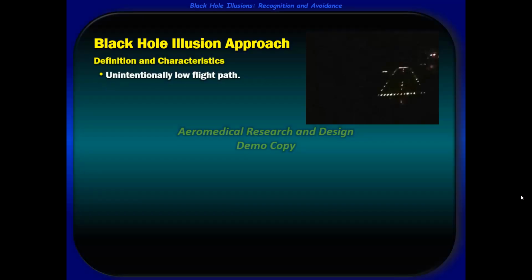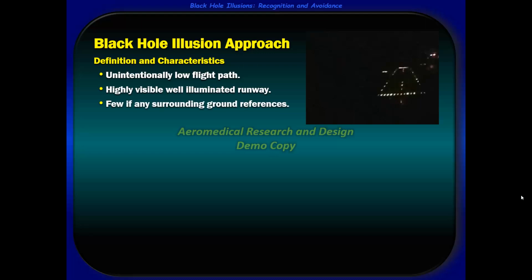A black hole approach can be defined as an unintentionally low flight path during landing conditions that involve a highly visible, well-illuminated runway with few if any surrounding ground references and little or no outside horizon cues. Typically, these conditions occur at night. However, with daytime landing approaches involving foggy or near IFR conditions, black hole visual illusions can still present a serious